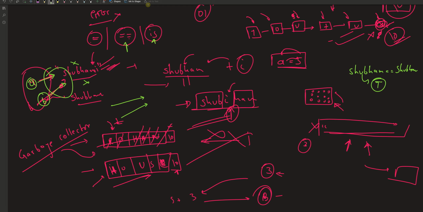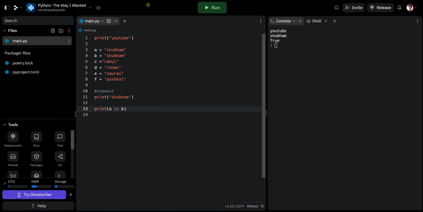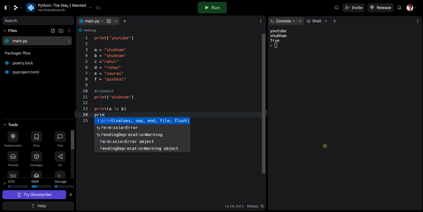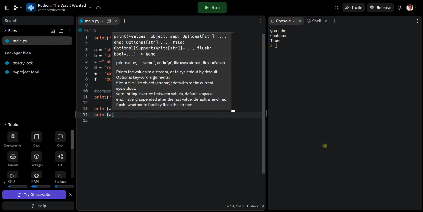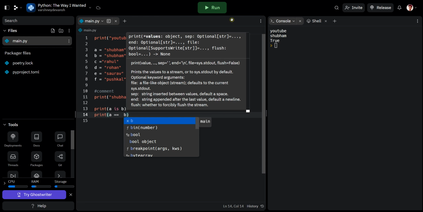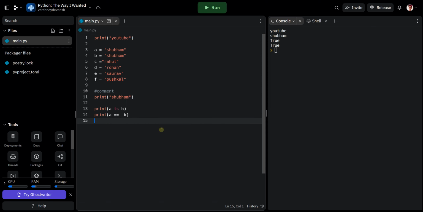If not, it's going to pop out false. Let's try it. As you can see, A is B is also coming out true.